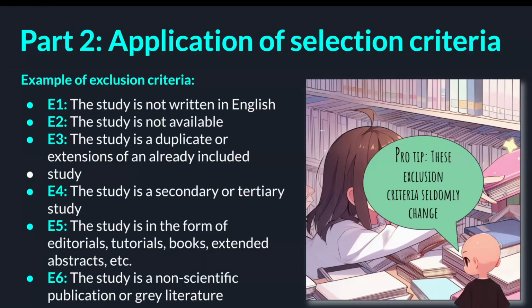Tip here, you can basically copy paste this in most cases and slightly adapt them. This won't change that much. So usually this is where I do a literature study, I start from here, and then if I have to tune them a little bit, I tune them. So maybe we want short papers, that could be E5, and exclude also short papers, or not, depending on how much literature is out there. But you can borderline copy paste this and use it for your literature review.